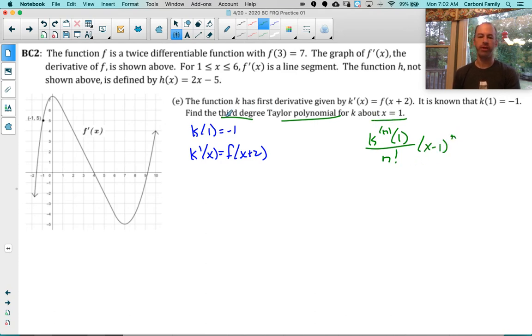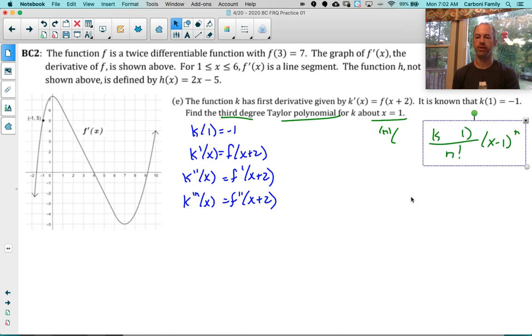So I'm going to need, for a third degree Taylor polynomial, k of 1, k prime of 1. I will also need k double prime and k triple prime. So let's go ahead and get k double and triple primes in terms of f, which technically is a chain rule. However, the interior derivative is 1, so we don't have to worry about it. K triple prime of x is going to be f double prime of x plus 2 times 1. And then to get the values,